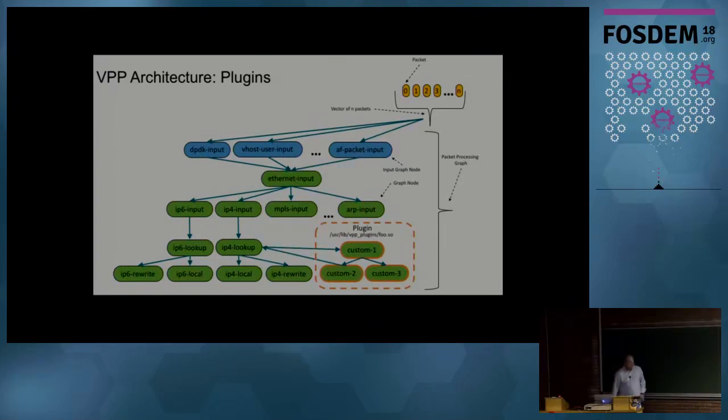One of the beauties of this model as well is that these nodes are actually .so files, so it's really easy to extend. If one wants to add nodes to do some special processing, that may be for ACLs, or whatever you want, it's really easy to extend. You just have to write a node here. You do not modify the rest of the code. So you can have your specific plugin that can be open source or even closed source. You do whatever you want with that. You have your plugins, and you can extend this graph at runtime without having to recompile VPP. That is something extremely powerful.